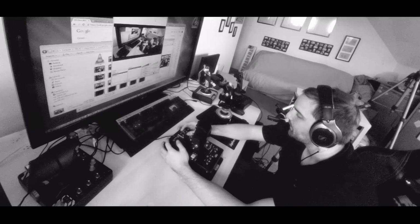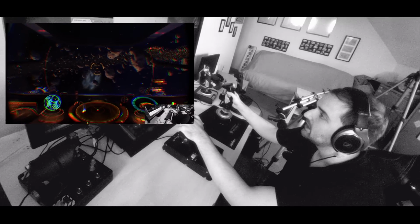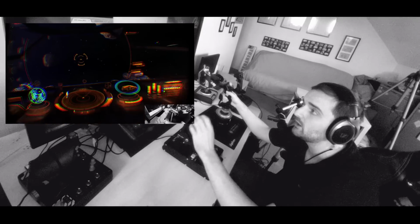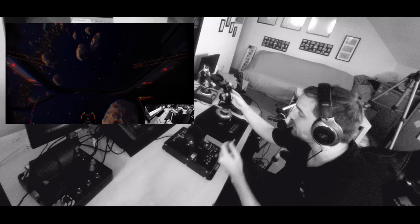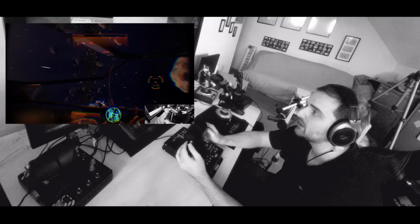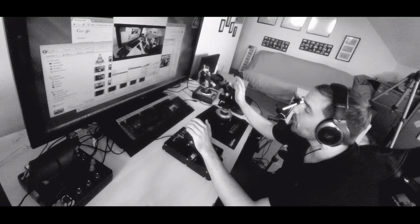that, however, if you were more into your space Elite Dangerous type combat thing, this is going to help you build arm muscle, which is fantastic. But because it doesn't have yaw on the stick, you're going to need to get foot pedals, which again, if you're going for the full-on best you can get realism for flight simulators, that's perfect, and it's better to have a sturdy joystick. But if you're more of a gamer and you just want a quick solution for something like Elite Dangerous or even X-Plane 10,